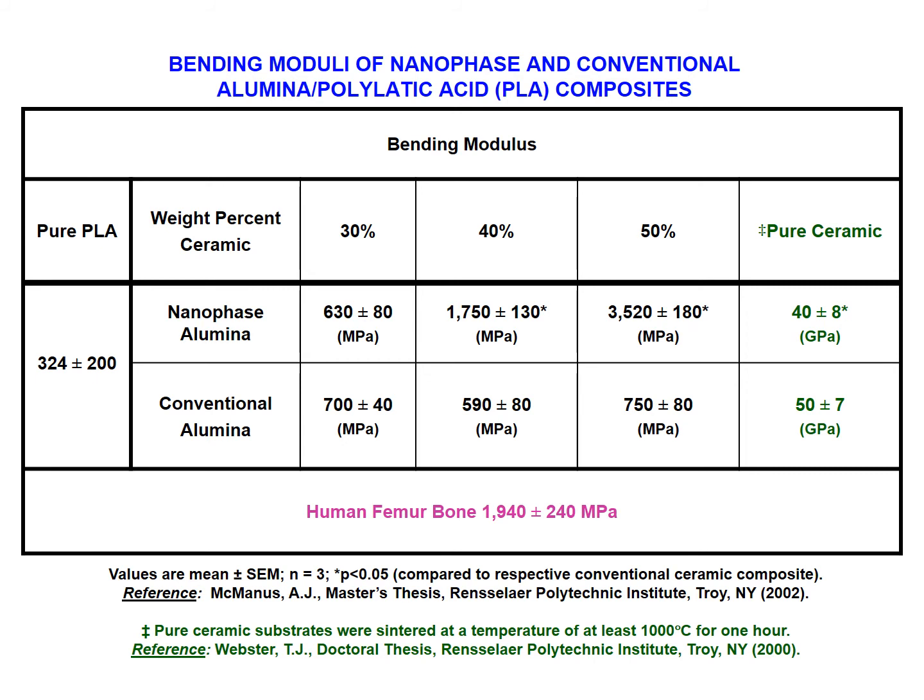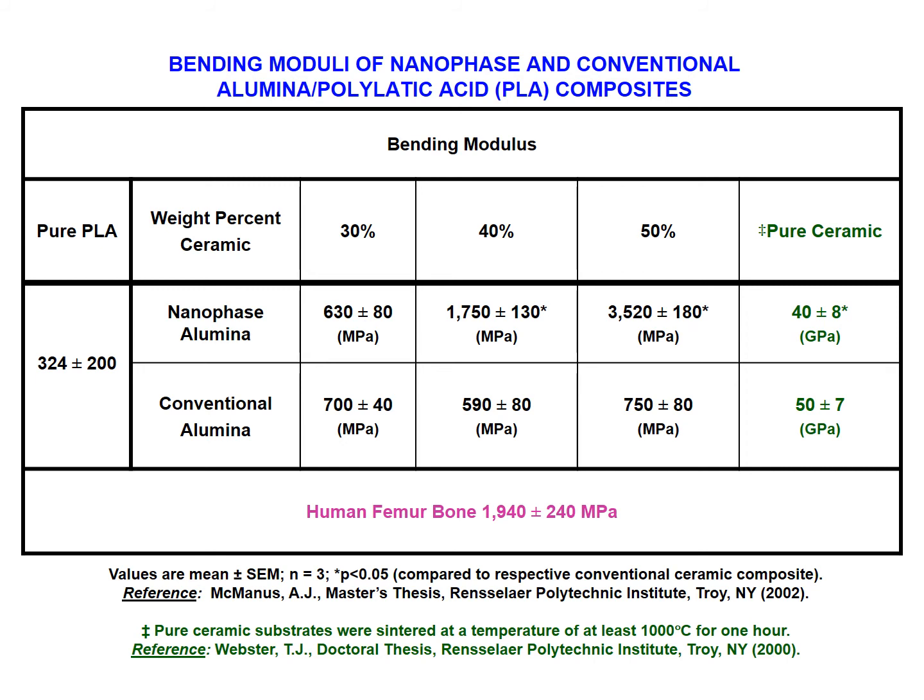In contrast, and very interestingly, the nanophase alumina composites with polylactic acid exhibited increased bending modulus as the respective composition in the nanophase alumina increased from 30 to 40 to 50%. In the case of the 50%, the modulus was in the order of